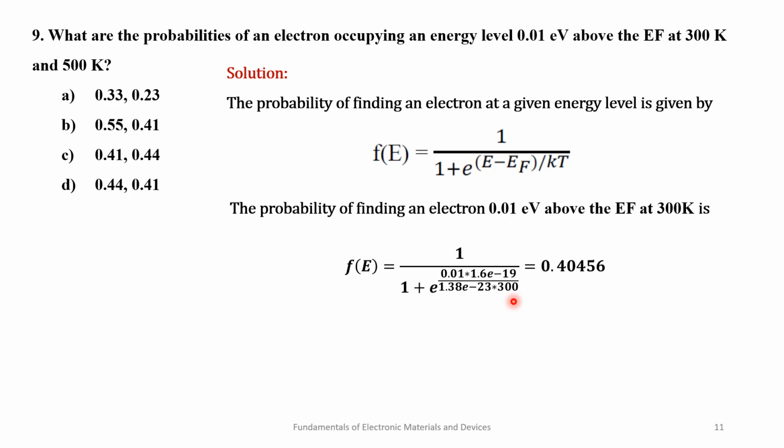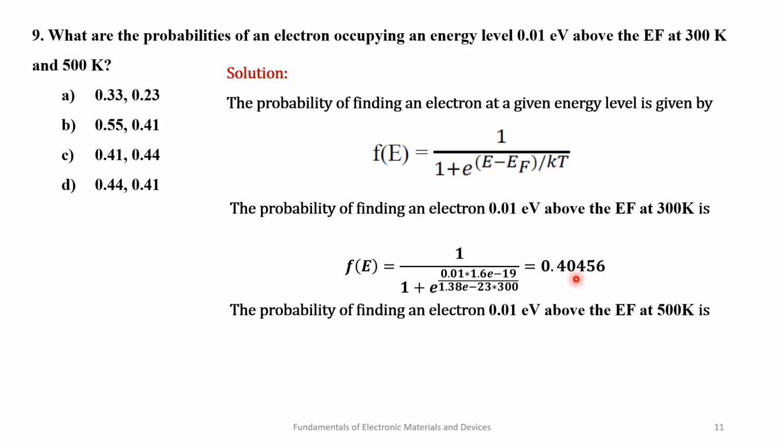Since the temperature is given in Kelvin, I am going with SI in all cases and I am converting my eV value into joules. That is why I am multiplying it with 1.6 into 10 to the power minus 19. So the first value I got as 0.40456. Similarly, when I am replacing with 500, the only difference is that instead of 300 I'm using 500, and I get